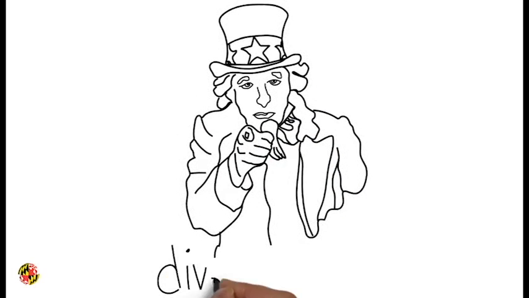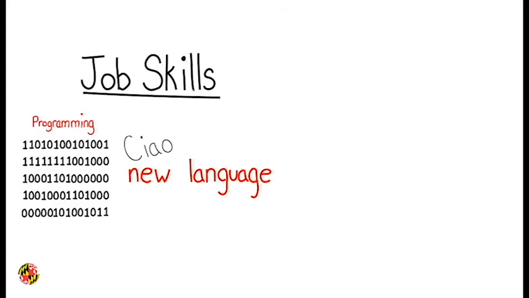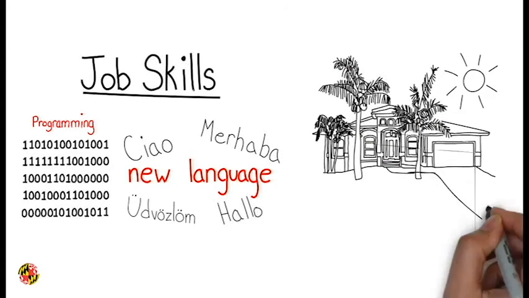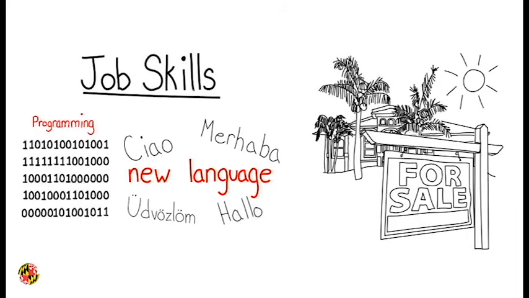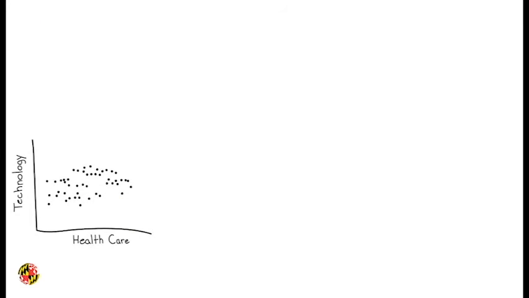If you want even more diversification, you can diversify yourself by learning new job skills. And you can diversify your physical capital by buying a vacation home or rental property someplace other than where you live. The key to diversifying is to choose assets that are as little correlated with each other as possible.